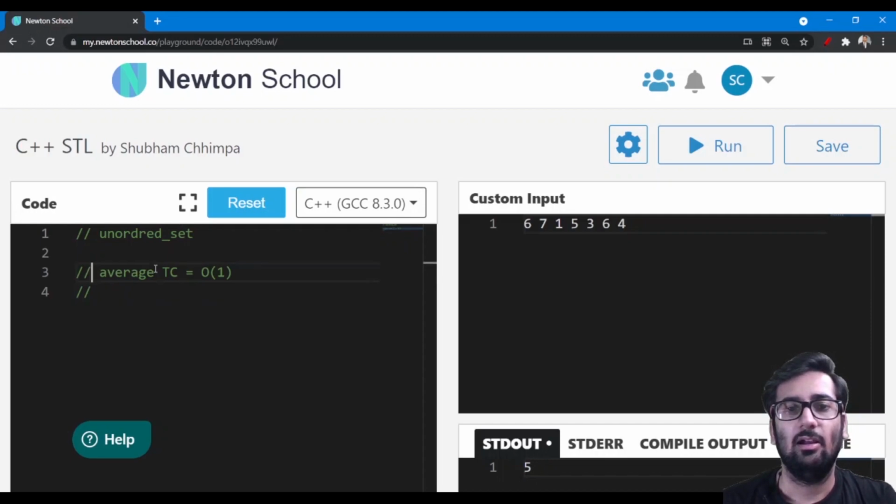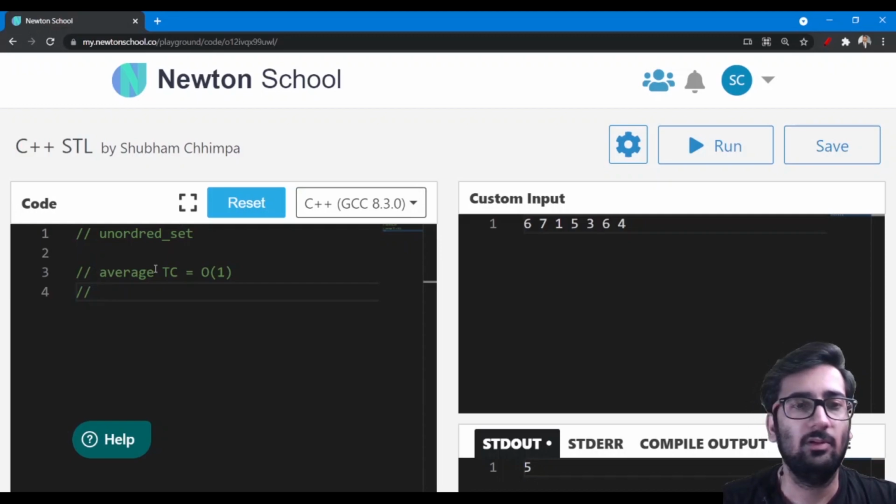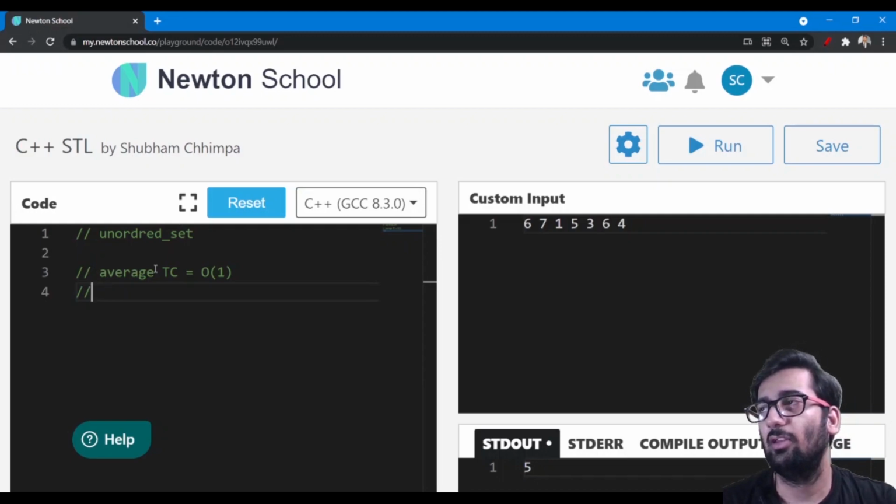It is also not going to take too much time during access, because it is O(1). Inserting is O(1) in the average case, and accessing is also O(1) because the hash function is used.